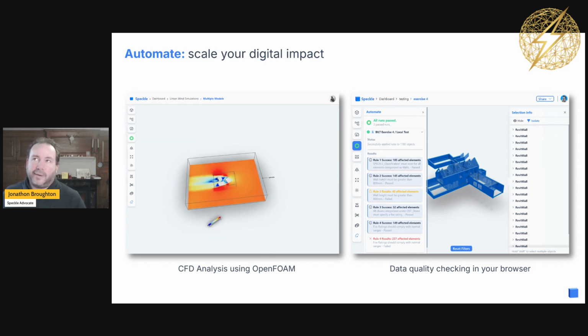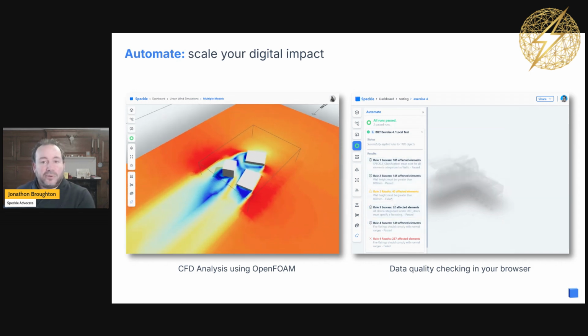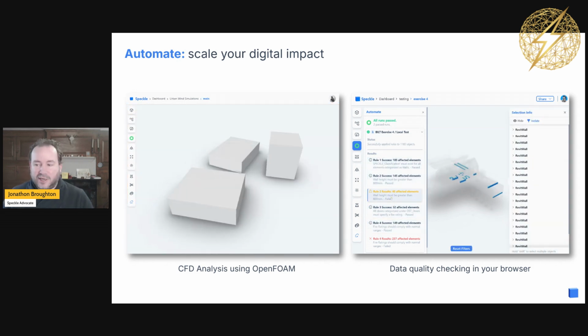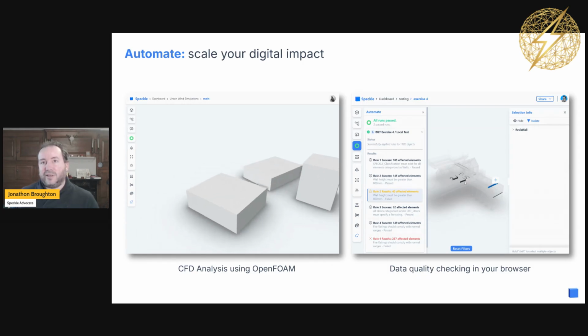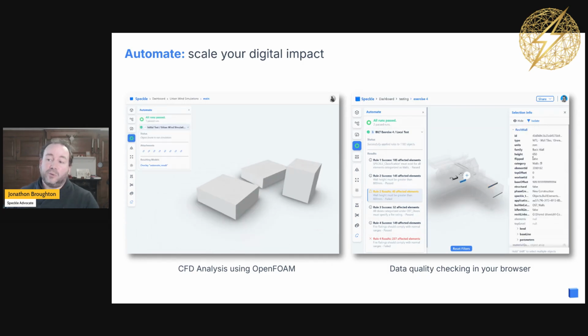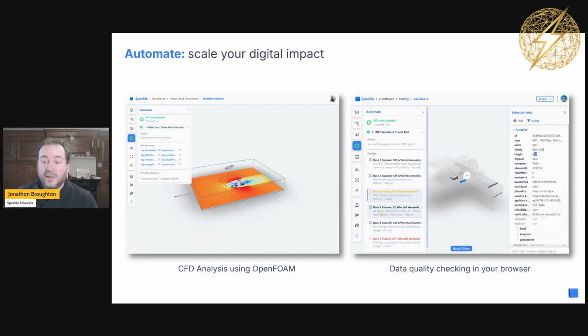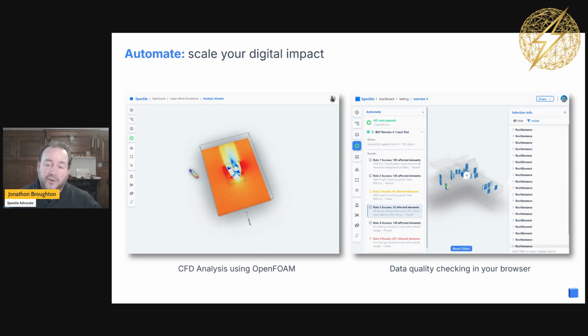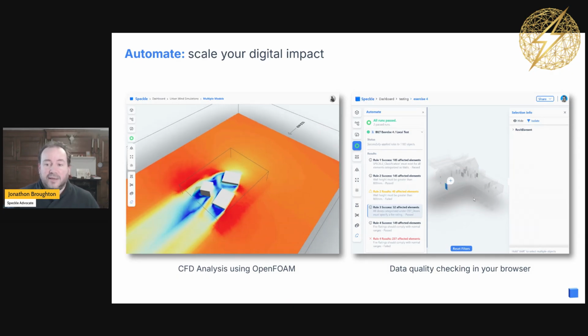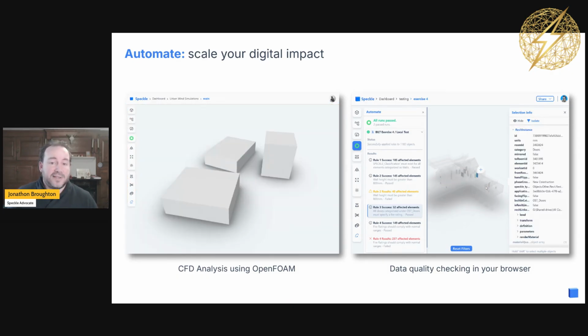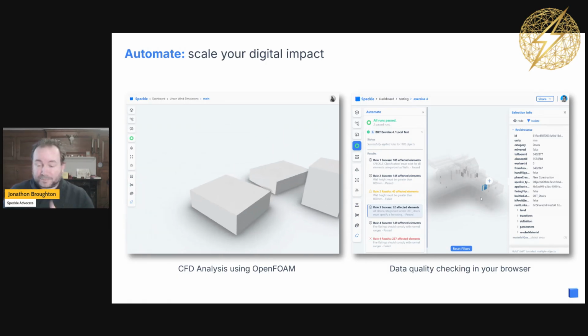we've got the boring but important use cases, which are about checking data quality. And not only are we able to do that checking, but we're also able to present it back to you in the browser. But we've also got, on the left-hand side, a demonstration of a wind analysis using CFD.